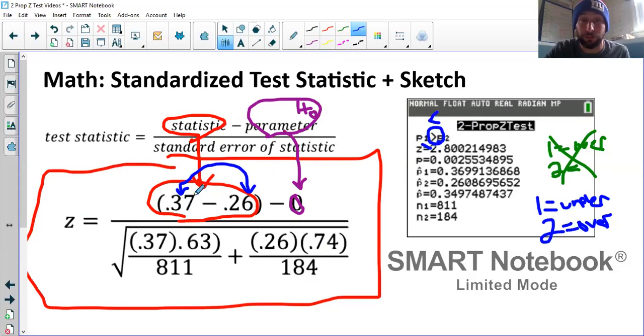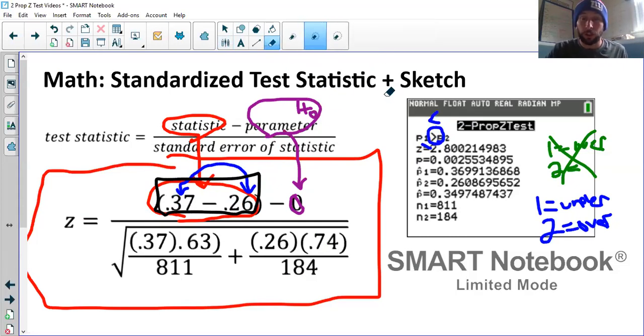So as you're setting up this formula, always pay attention to that. If your z-score is negative, then this difference right here better be negative. If your z-score is positive, then this difference better be positive. And just keep in mind that everything we do is 1 minus 2, so group 1 minus group 2. That's why I like making that T-chart to summarize which one's which. Jumping back to here,